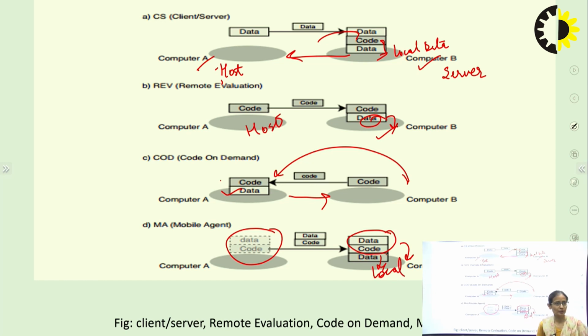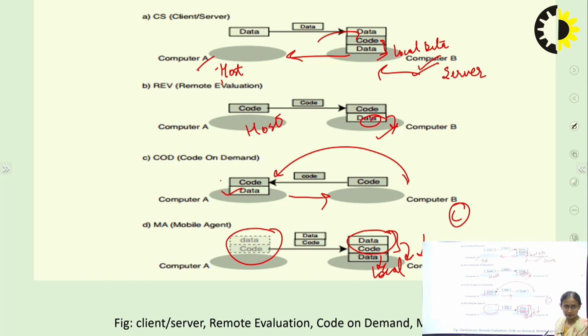Some computation is being done. And this movement is system to system, because here what is happening is it is sending the result back to computer A. But in this case, if this computation can't be done on computer B and some other system, computer C, is required, then what will happen? This data and code, that is, whatever intermediary results are being